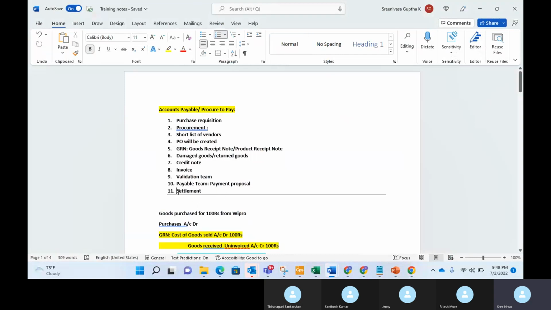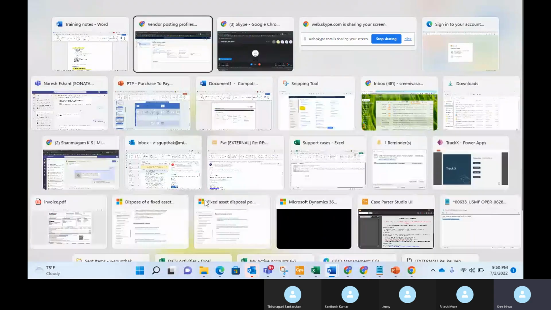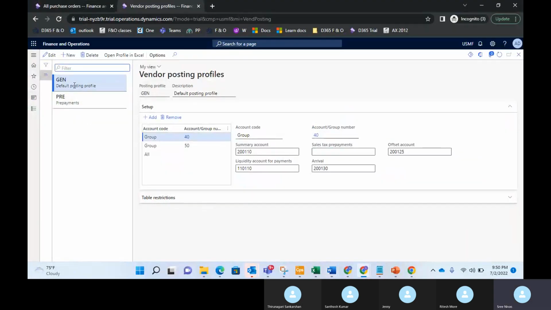So before settlement, we'll check prepayment, if any. If you have given advance to any of the vendors, we'll deduct that advance amount and pay the rest of the amount. That will happen in the settlement process. So for that purpose, we'll create two different profiles: the normal general posting profile, and one more, the prepayment posting profile. So in our previous example,